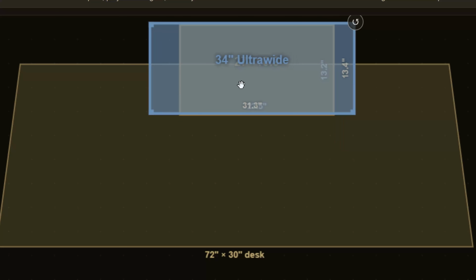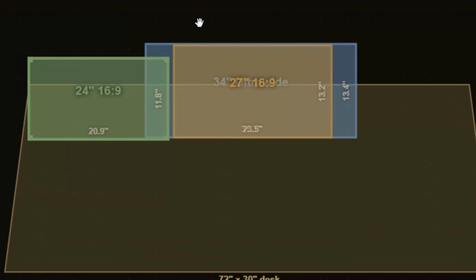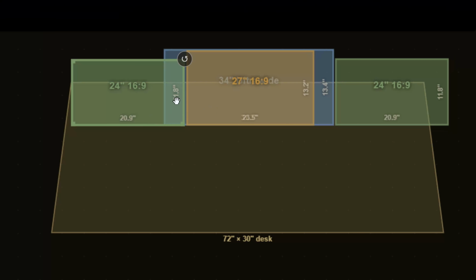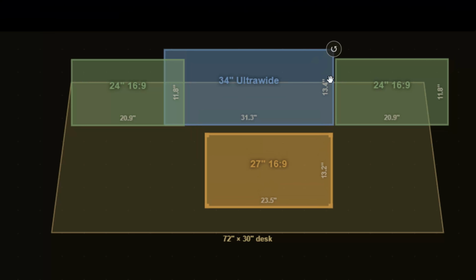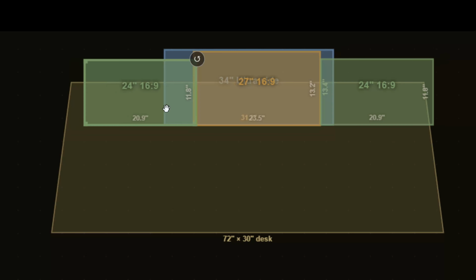And then on either side of that, I have a 24-inch monitor. So I have one over here and one over here. Of course, you're dealing with a bezel then. So if you want that continuous flow of an ultra-wide for video editing or spreadsheets, then the bezel's a problem. But if you don't mind the bezel, this is kind of a nice setup because you can have your main